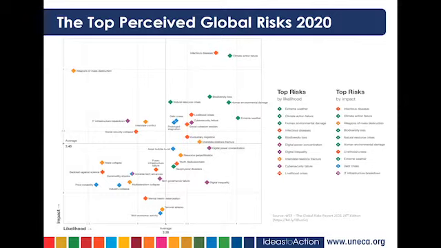By likelihood, it was one of the things that came first, but by impact it is something that came towards the bottom. And the reason for that is maybe because it didn't really happen, and this study was just done globally, but looking at our continent, you will agree with me that that risk should have been categorized up above, because we did experience a lot of floods in our continent, especially in the southern part. Looking at infectious disease, yes, we have gone through a number of diseases. We've gone through COVID-19, we've gone through Ebola, we've gone through malaria as usual. Those are some of the infectious diseases that we have gone through.